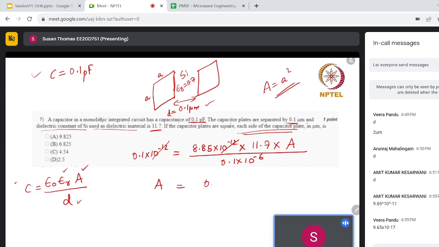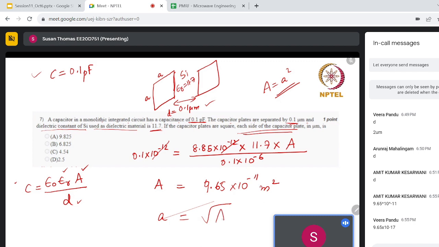The answer is 9.65 into 10 power minus 11 meter square. Okay. Just watch out for the units. Just make sure that you are using the right unit. So then you should be getting this answer 9.65 into 10 power minus 11 meter square. Okay. From this, calculate the side of the